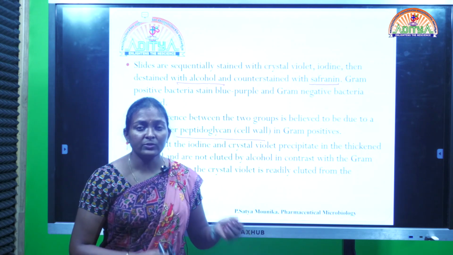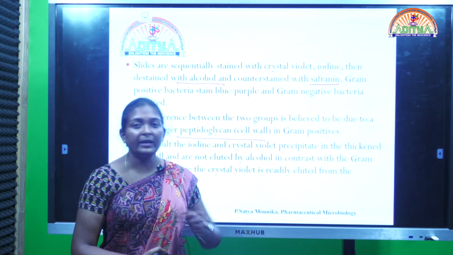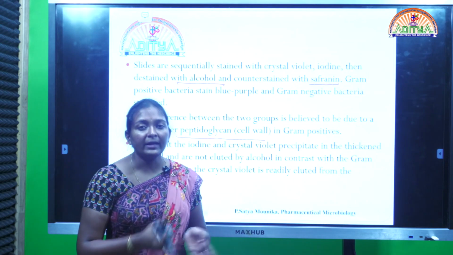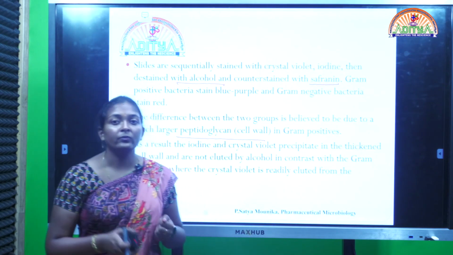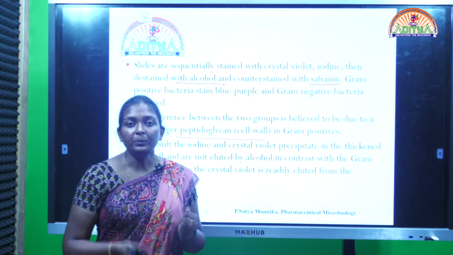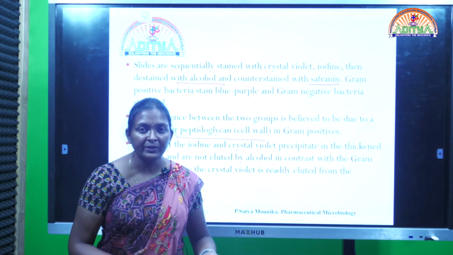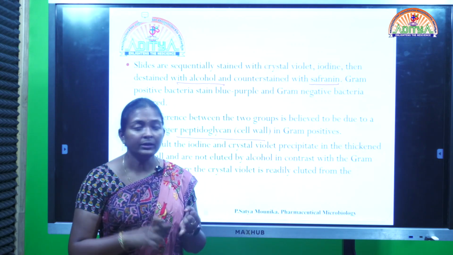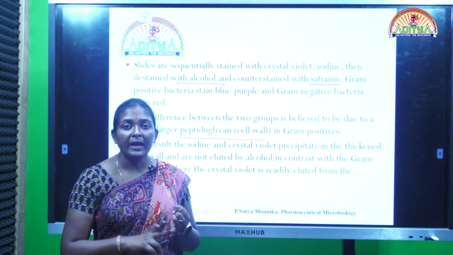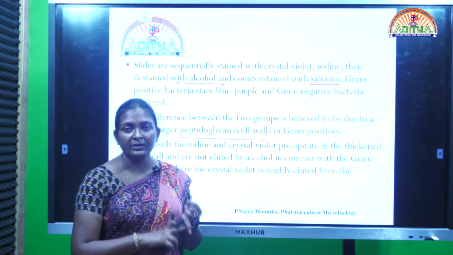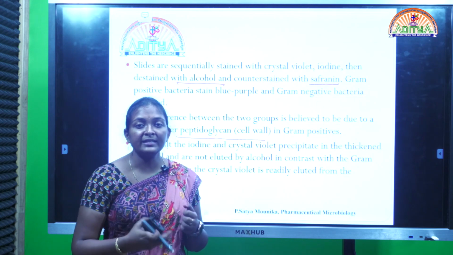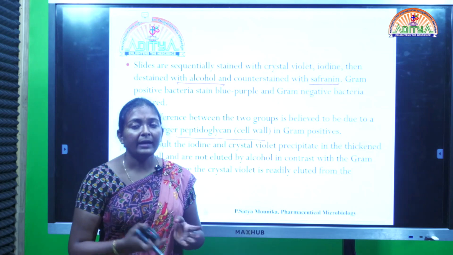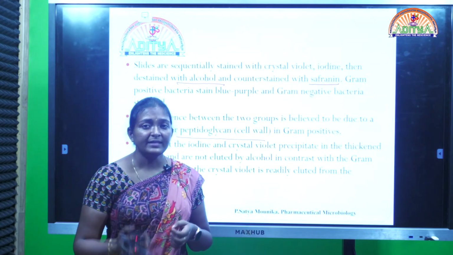When it comes to gram-positive, since they are already in the crystal violet color, they cannot take this counter stain, safranin, and they will still appear violet under the microscope. So now we can differentiate between gram-positive and gram-negative bacteria by using the counter stain as well as the gram stain. Gram stain is nothing but the crystal violet, and iodine is also added to that crystal violet because it intensifies the violet color. Later we add alcohol and then again we add the safranin.